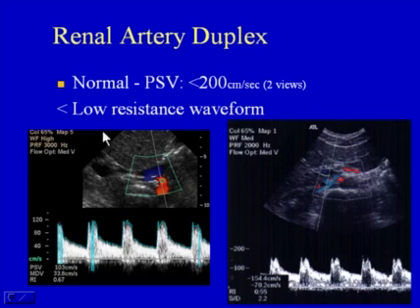Here's a normal patient. The PSV is less than 200 centimeters a second. The waveform shows decreased pulsatility throughout, and this is right at the origin of the renal artery. As we move to the mid-renal artery, we see a PSV of 154. Again, the waveforms are a match, so we know that this is an essentially normal renal artery up through the